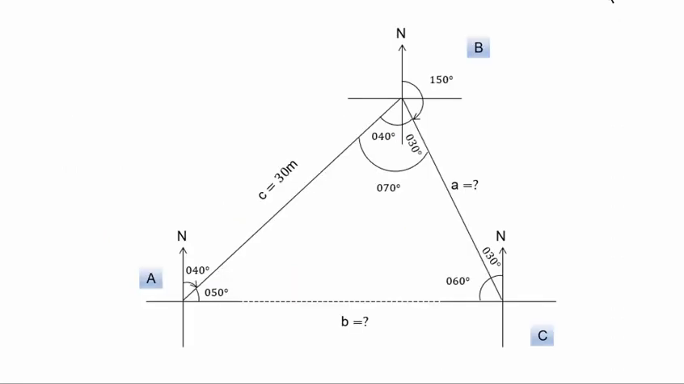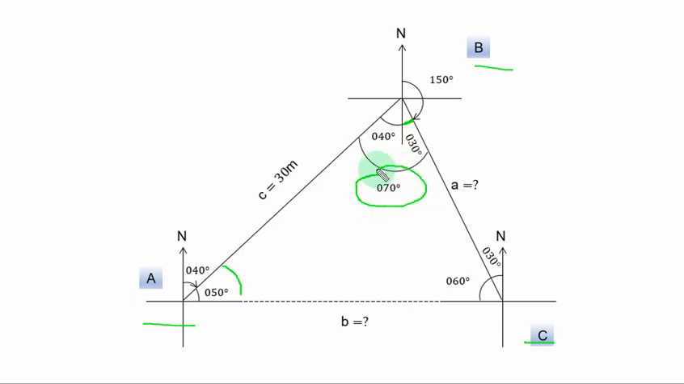You have the complete diagram. This is point A. You have point B and point C. From here to here is 40. The whole quadrant is 90 degrees. This remaining angle must be 050 degrees. This angle is equal to this angle, 040 degrees. From here to here is 150 degrees. This whole quadrant is 180 degrees. This remaining angle must be 030 degrees,